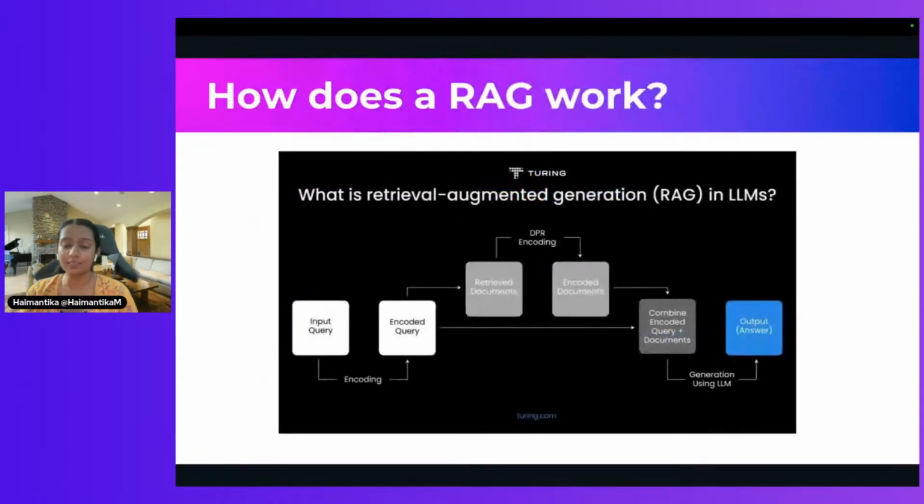So this is an image that I have taken from Turing.com, as you can see. This is basically explaining what RAG does, and as you can see, there are mainly three parts that it has been divided into. The first one is called the encoding part, then we have the DPR encoding part, and then we finally have the generating part using LLM. I'll be showing you a very simple demo about how we go about building all of these. But if I had to explain what it actually does, RAG is